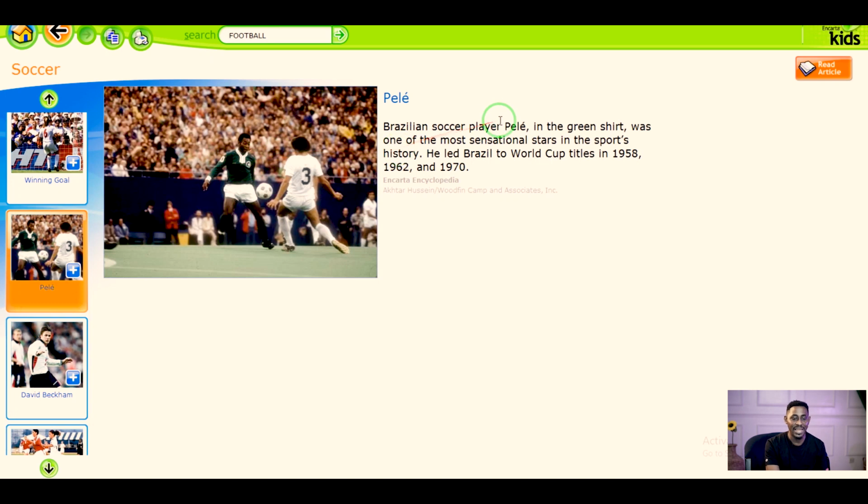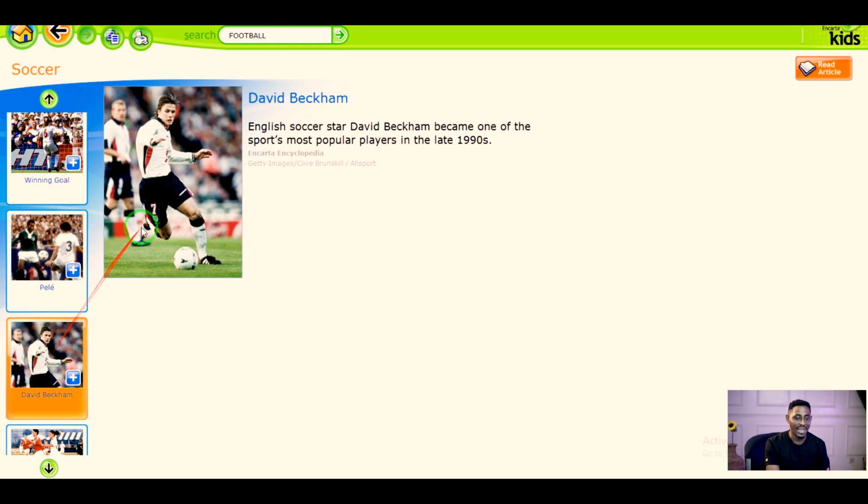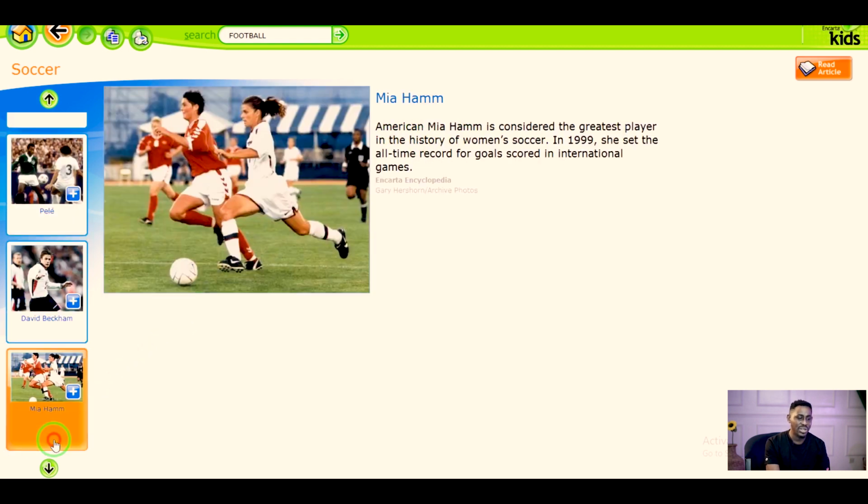Brazilian soccer player Pele, in the green shirt, was one of the most sensational stars in the sport's history. He led Brazil to the World Cup title in 1958, 1962 and 1970. David Beckham. The English soccer star David Beckham became one of the sport's most popular players in the late 1990s. So you can keep reading all